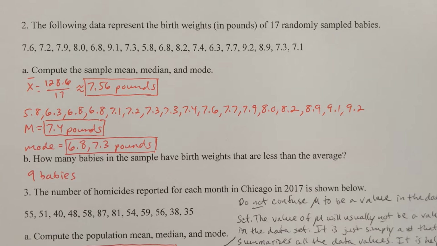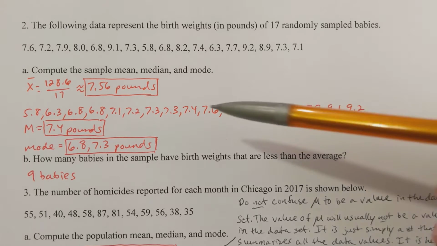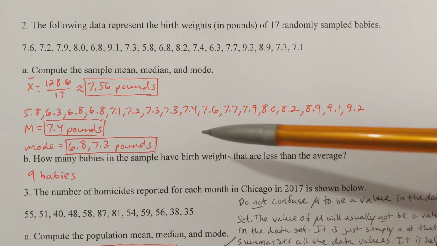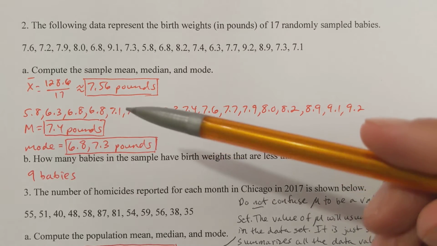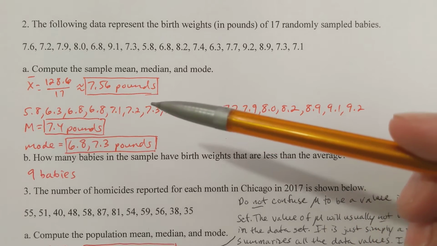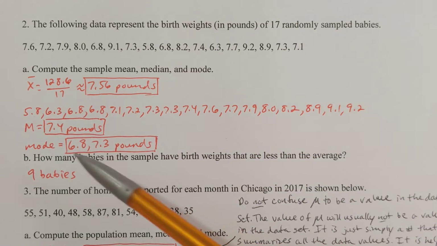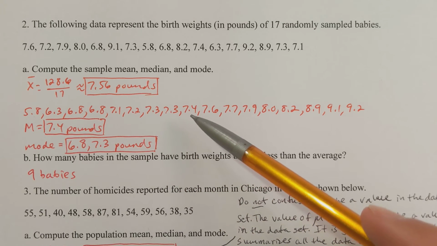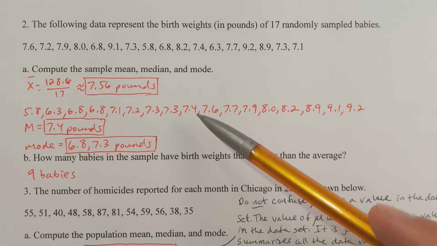How many babies in the sample have birth weights that are less than the average? Here's the average, 7.56. So how many babies listed have weights that are less than 7.56 pounds? Well, 1, 2, 3, 4, 5, 6, 7, 8, 9 babies have weights that are less than